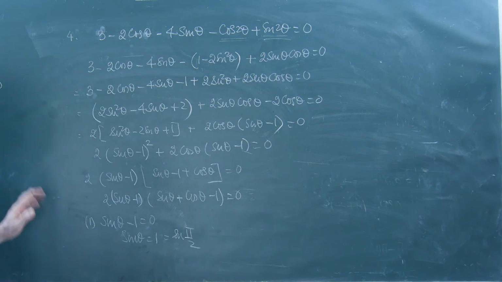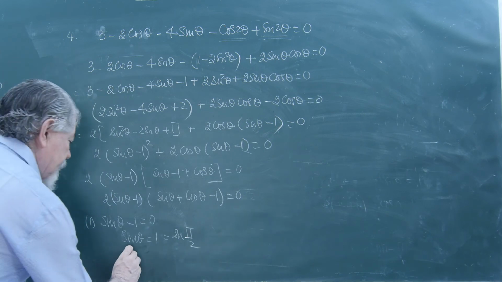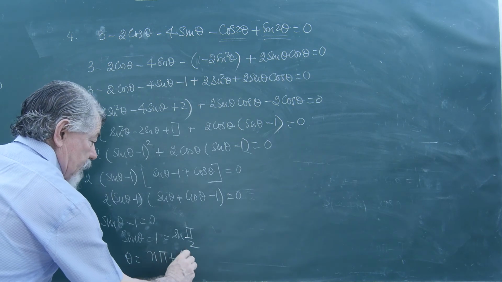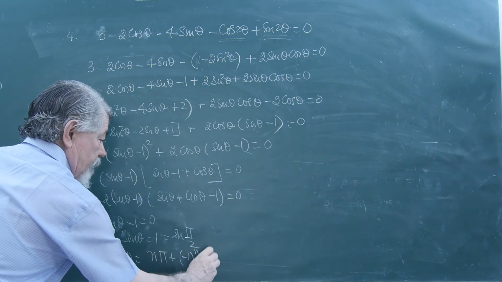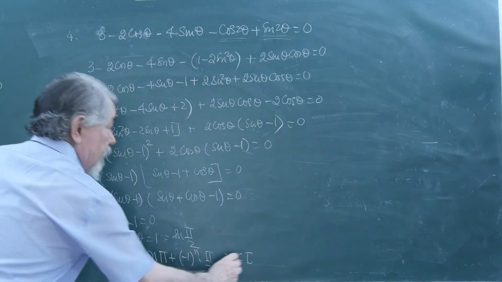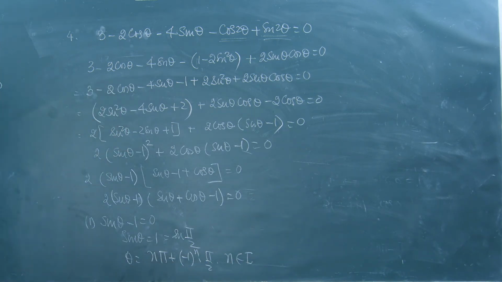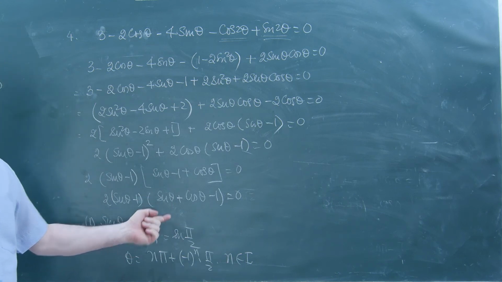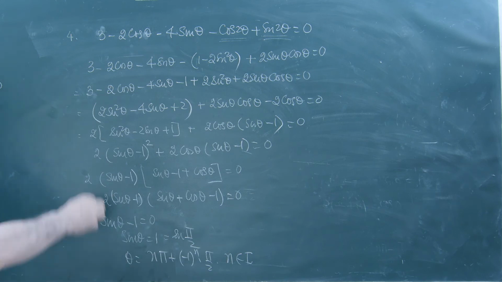So again we are going to apply the sine formula, which is theta is equal to n pi plus minus 1 to the power n pi upon 2, where n belongs to the set of integers. I am going to use the left side of the board now because I don't have the place to work out this. So I'll use the left side of the board, you can see it here,